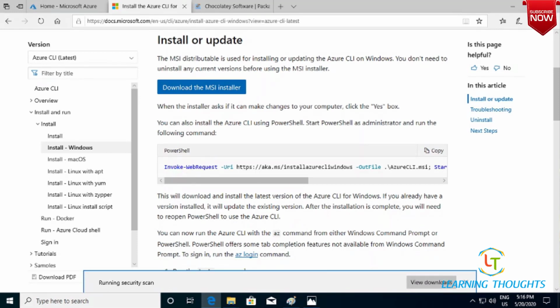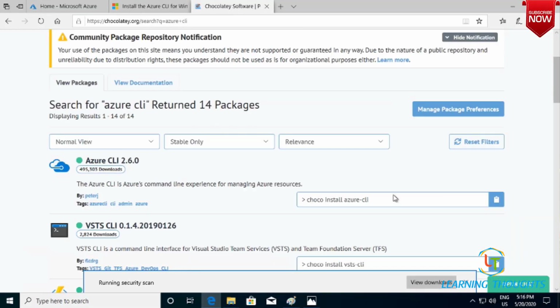Or you copy this command, open PowerShell as an administrator, and then run this command. That is the other way of looking at this. Or if you prefer Chocolatey, you can use choco install azure-cli. The choice is yours. In this video, let me go with Chocolatey.